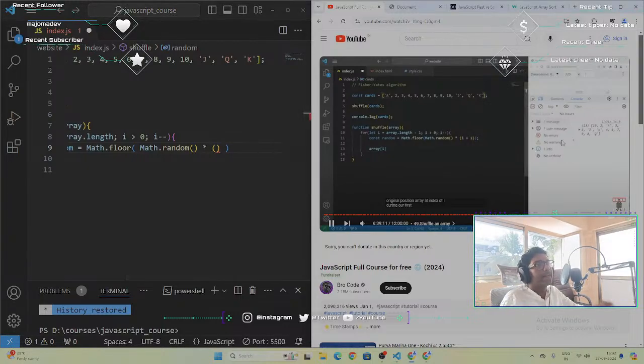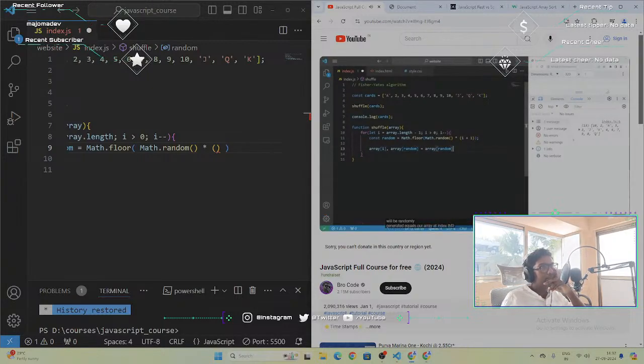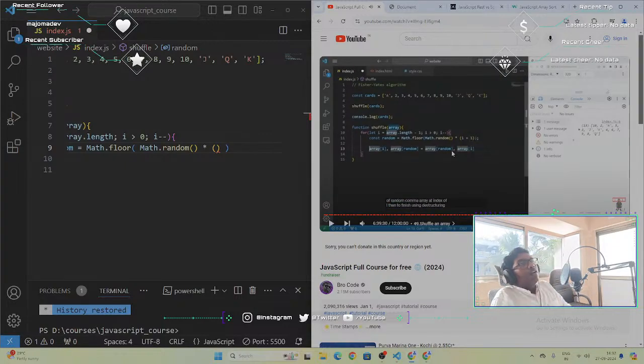During our first iteration, that will be the king. We'll swap our king with our array at a random index, the one that will be randomly generated, equals array at index of random, comma, array at index of I. Then to finish using the destructuring,